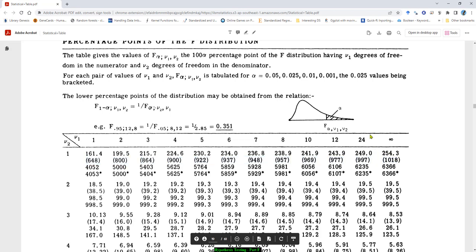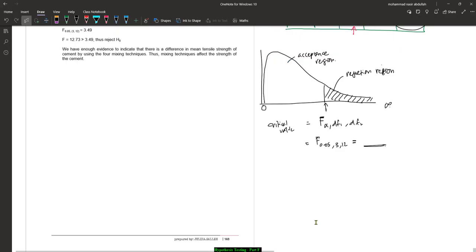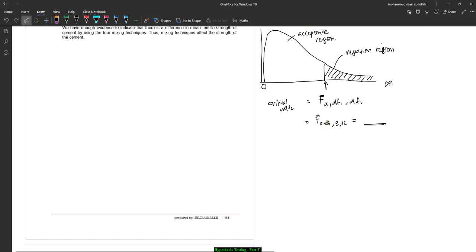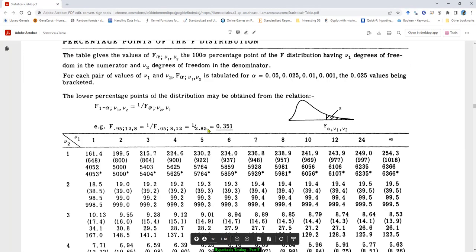Boleh faham? Right? So now kita tengok kita punya critical value yang kita nak is alpha 0.05. So alpha 0.05 is the first value yang dekat atas ni lah. Right? Yang dekat atas. Semua yang dekat atas ni is 0.05. So our degree of freedom is